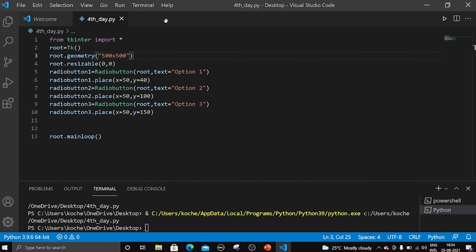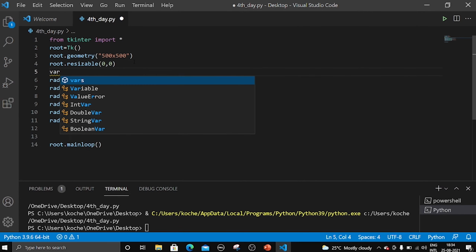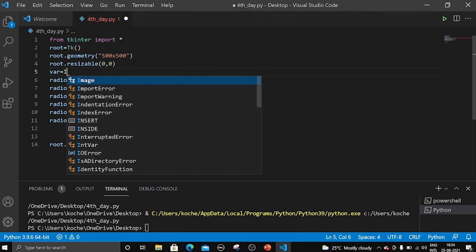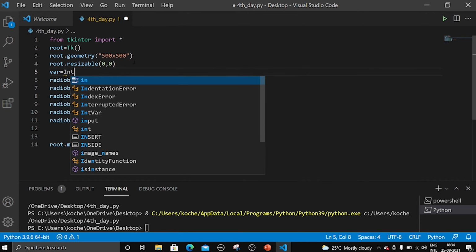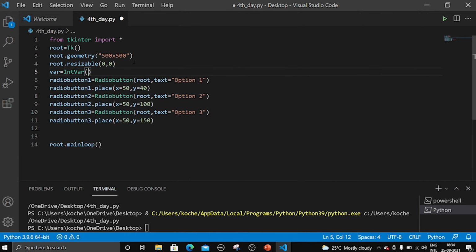So if you want to use the radio buttons, we need to do something, that is, let us take a variable first. Variable equal to IntVar. This is the thing which we use in radio buttons. You must remember this one. This carries 1 2 3 4 options, right? So I have taken that one,